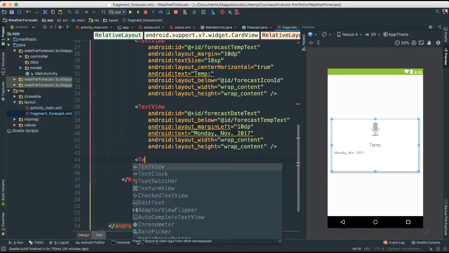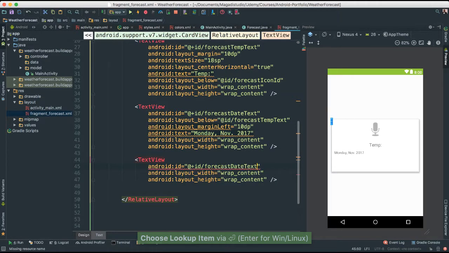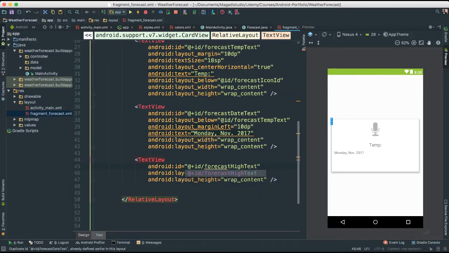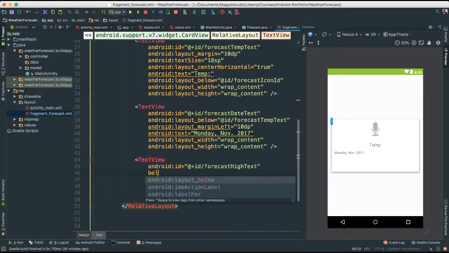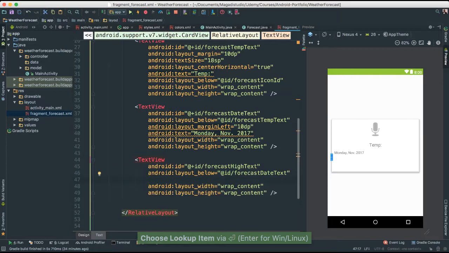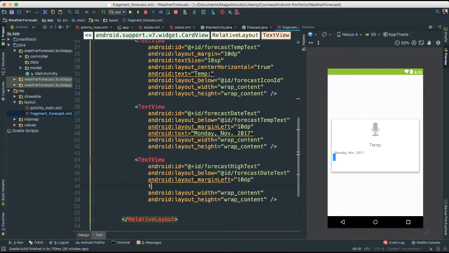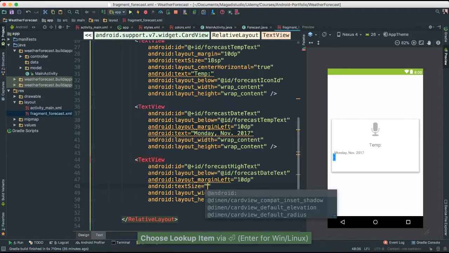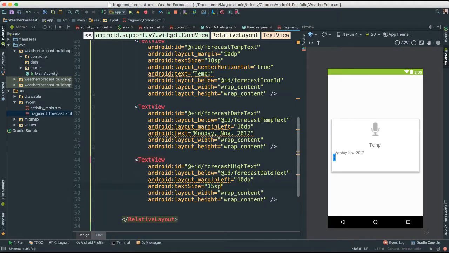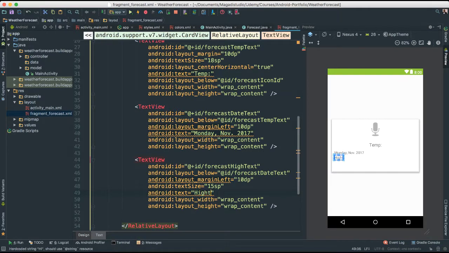And then I'm going to add another text view. ID, I'm going to say this is going to be forecast high text, like that. And I want this to be below our forecast date text. Give another margin left. Let's get the wrong one, of about 10 dp. Okay. I'm going to give text size of about 15 sp. Let's give a text that says hi,